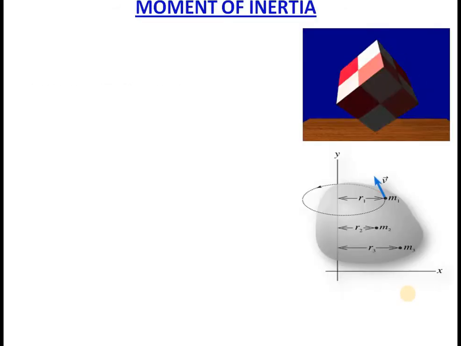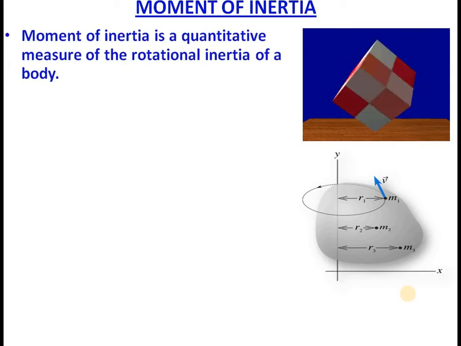Anyway, once again, I would like to recap your previous knowledge about the moment of inertia. So essentially, this is a rotational quantity. So we can call it the rotational equivalent of linear inertia. In linear motion, you have inertia, a tendency of a body to remain in a particular state, either moving state or resting state. So here also it has a similar, identical sense. Moment of inertia implies tendency of a body to remain in that particular state.